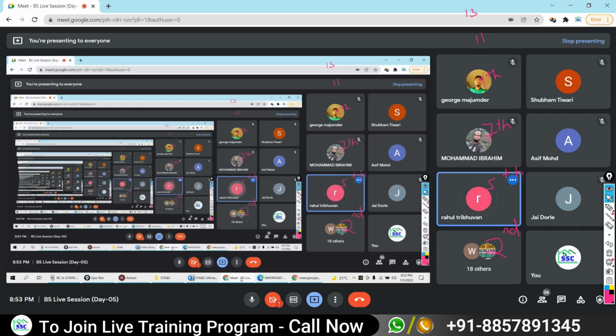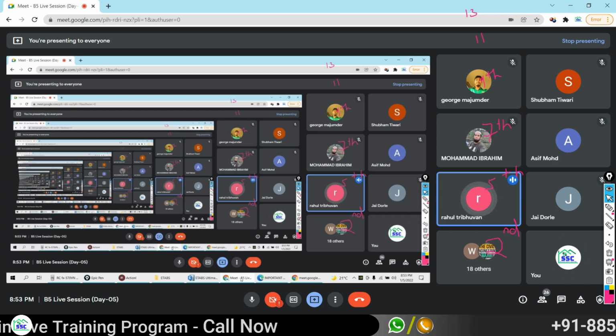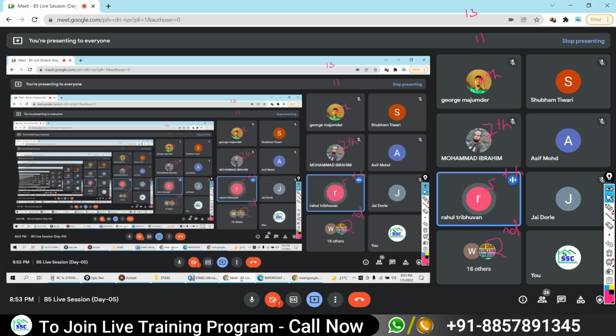Yes, Rahul. Sir, if I want to select any two structural members like beam or column or slab of a particular floor or more than two floors, can I select them individually or at one time? Sorry, I'm not getting it, Rahul. Tell me again. I want to select beam and column of a particular floor, for example the fifth floor.